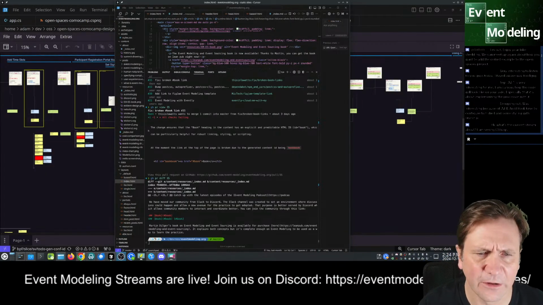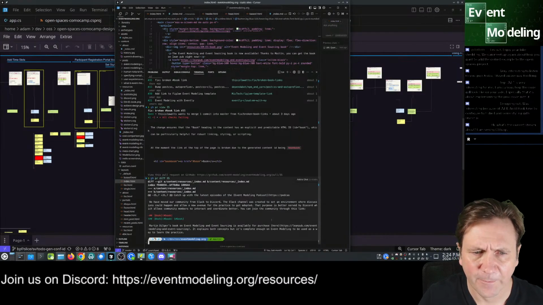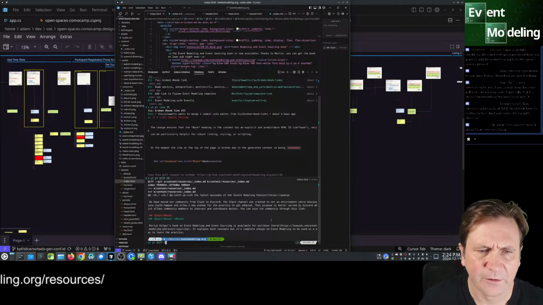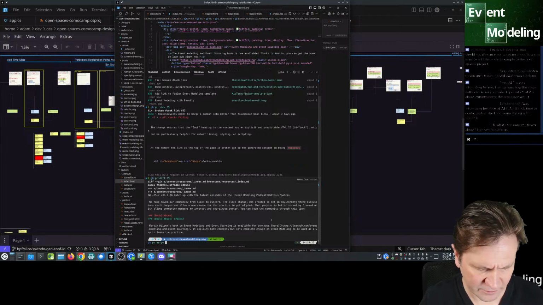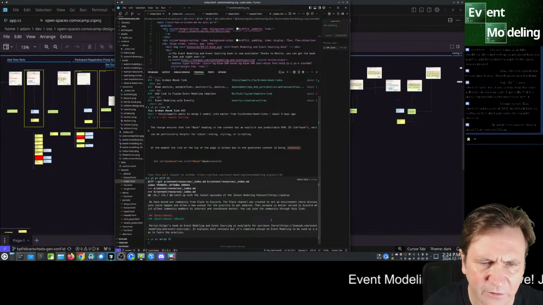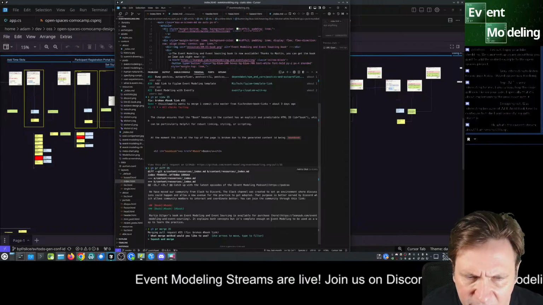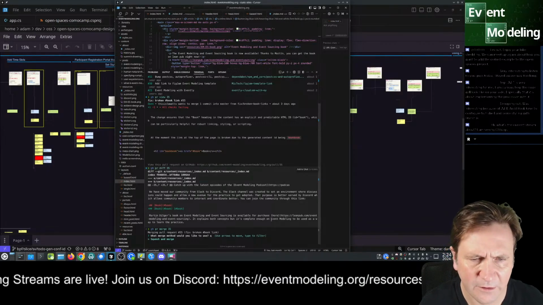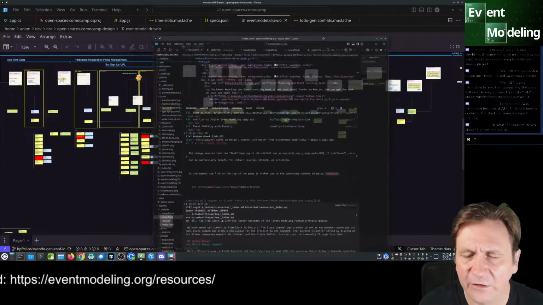So first of all, someone made a pull request to eventmodeling.org, which I'm going to approve. So PR merge, was it 35? Just a link for the, no, I don't want to squash. Why did I want to squash? I don't want to squash stuff.